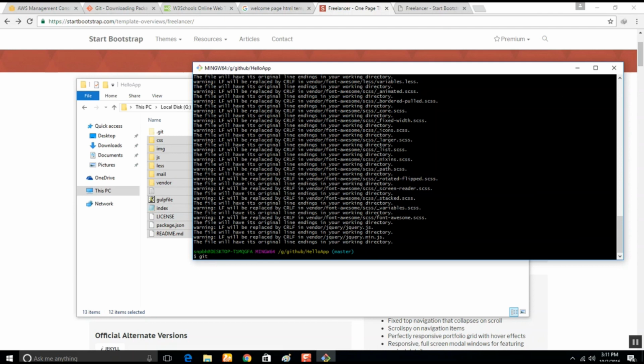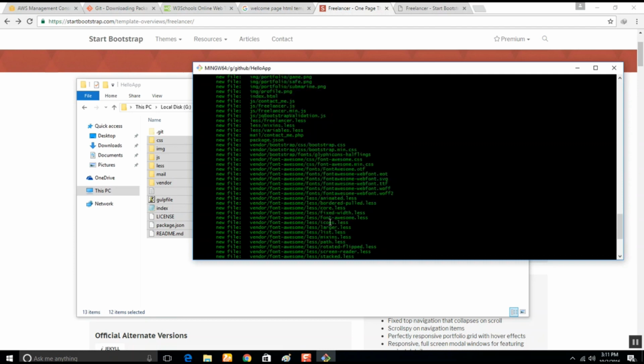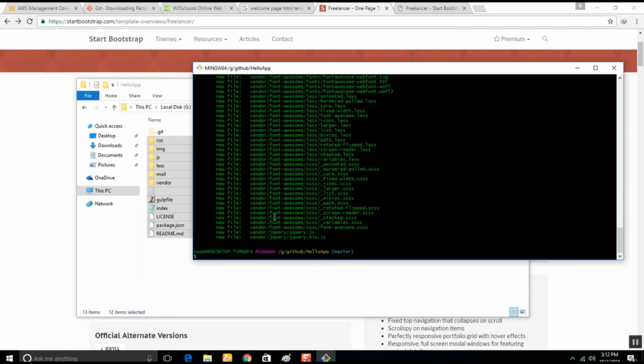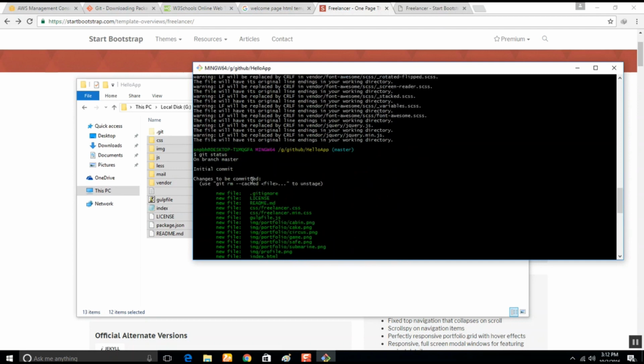Now let me hit git status. Now it shows you have created these many new files. You use commit so that you can commit those changes to your local repository, and it also shows git rm --cached followed by the file name to unstage it. Say, for example, you don't want a particular file to be committed, then you can use this command, git rm. Rm stands for remove cached file. These are all cached files. They are stored inside a cache folder in .git, the hidden folder, this one.